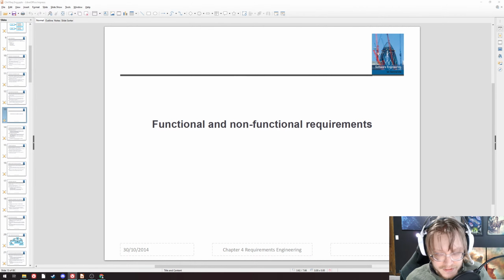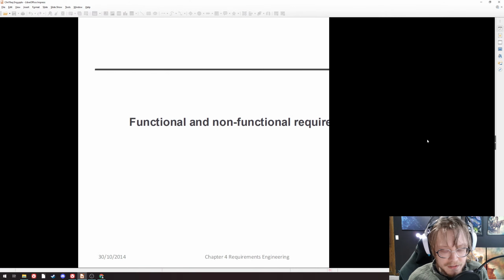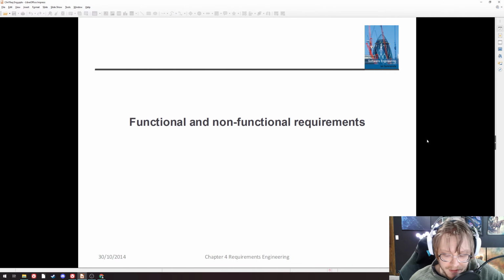Today we're going to look at functional and non-functional requirements. So last time you started on your requirements document, and today you're going to keep going with it. Actually, I don't think I made the assignment live yet, so I'll have to do that in a second. But let's keep going with how you continue breaking it